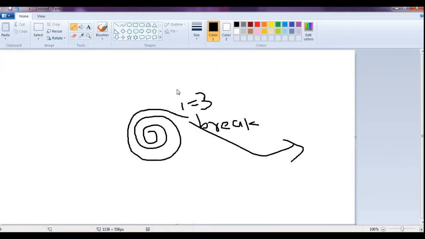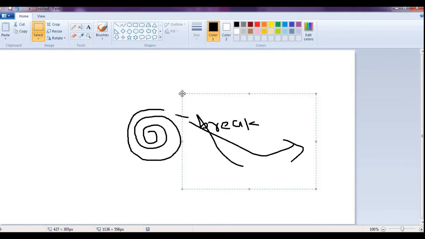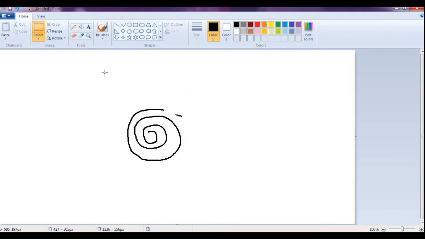Whenever we have i equal to 3, suppose we have i equal to 3 right now, and then we have a continue statement over here.